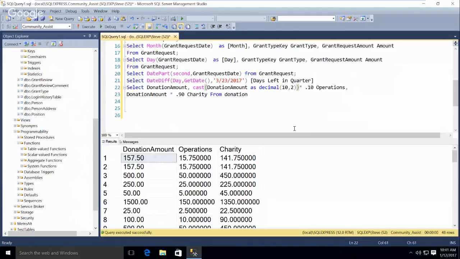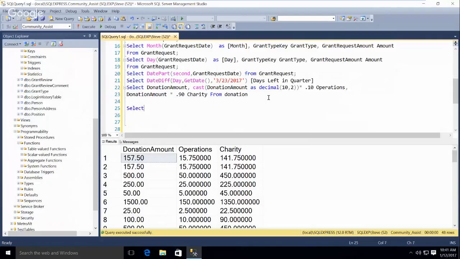Let's do a simple format function. What if we wanted to turn the donation amounts into dollars? There's a couple of ways to do it. One is you can cast it all to character type and then add the $ sign. But there's an easier way.